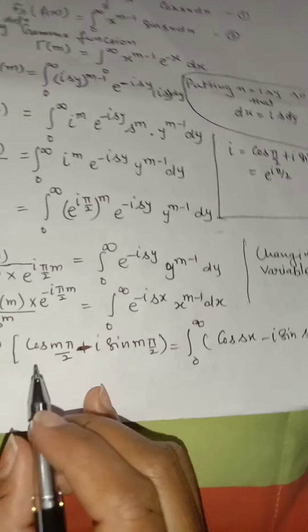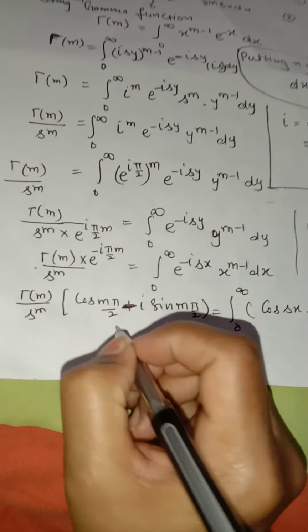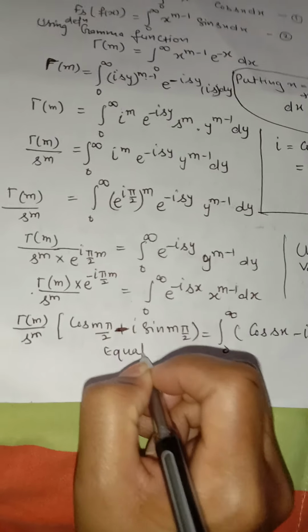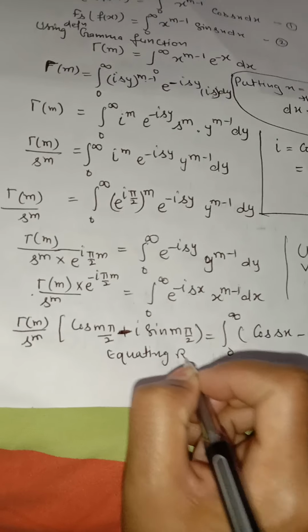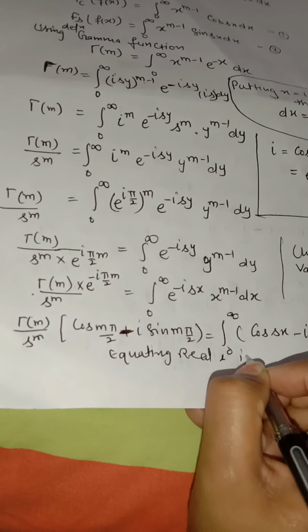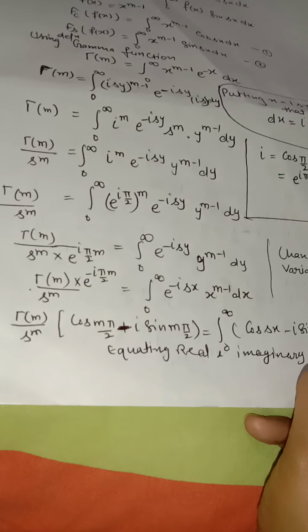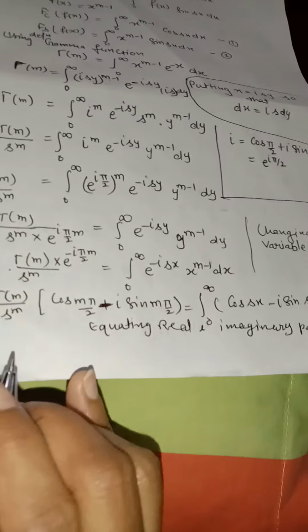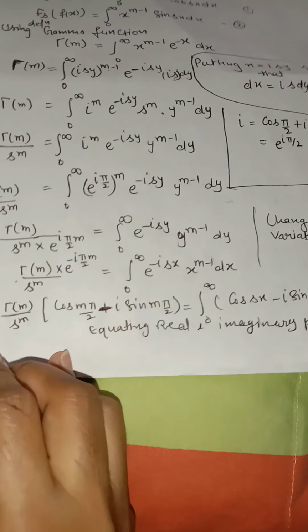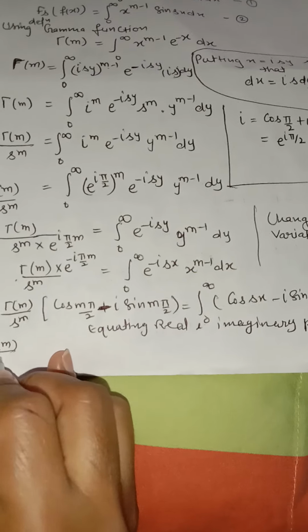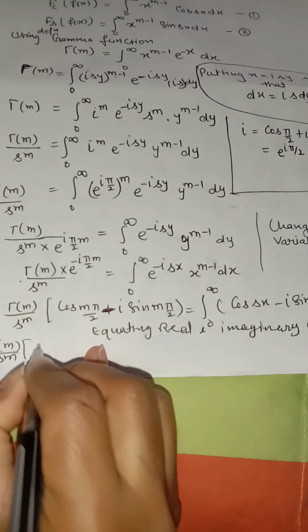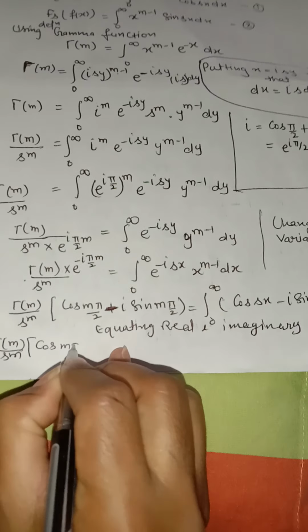Now equating real and imaginary parts. Then we get from left side gamma m upon s raised to power m cos m pi by 2